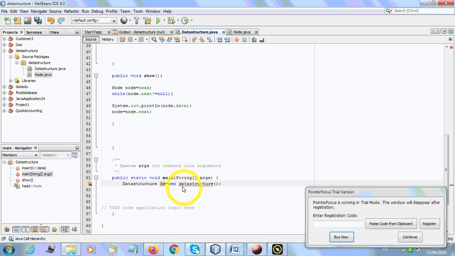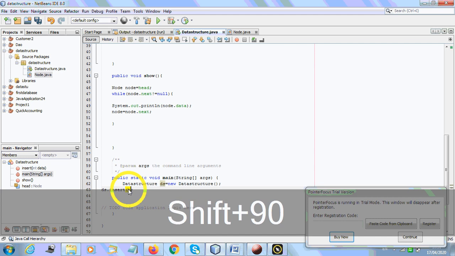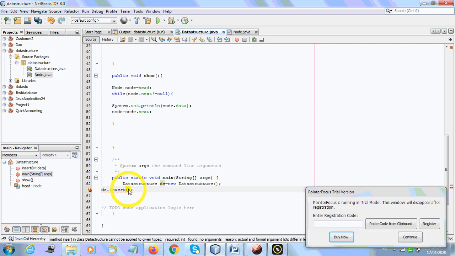So we have this data structure, make it capital. Good. See what is happening here? Data structure. Now what do we want? We want to insert. The name of the method is what? Insert. ds dot insert. See, insert. It wants what kind of data? It requires integer kind of data.